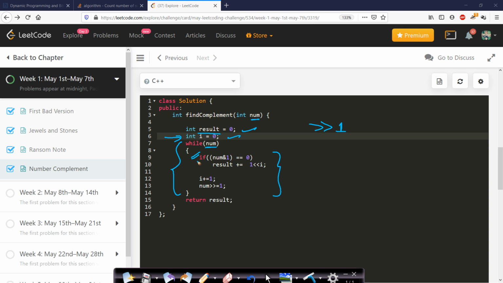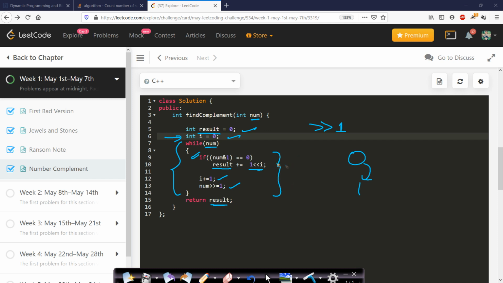So this if statement is taking the bit mask with 1, and if the bit mask with 1 is equal to 0, that means the current bit is unset. So we need to set it. So for setting it, I have already shown you that you will have to left shift 1 by I number of times to include the weightage of the digit number, and then add it to the current result value. So after doing all this, your values will be stored in result, and after each and every step you will have to increase the digit number as well as right shift your number, and finally return the result.